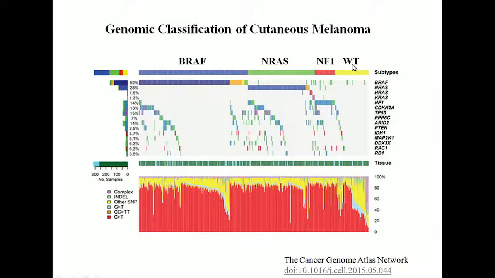And this wild type or triple negative group has a lot of copy number variation and structural rearrangements, which are also not looked at. So we don't really fully analyze these things as well. So there's a lot more work to do. But I just wanted to show you, I'm setting the stage for the fact that molecular diagnostics labs have changed